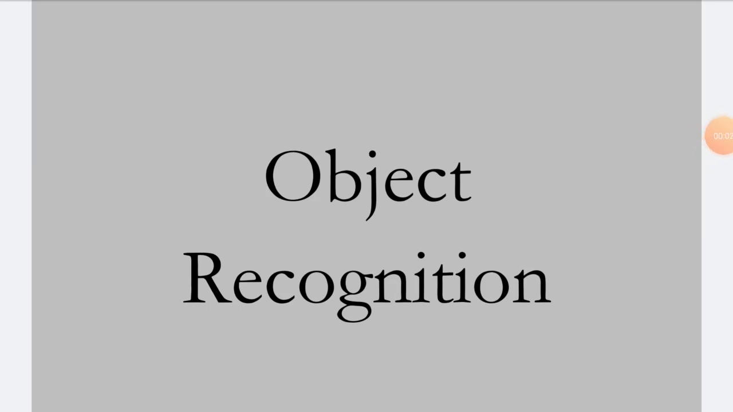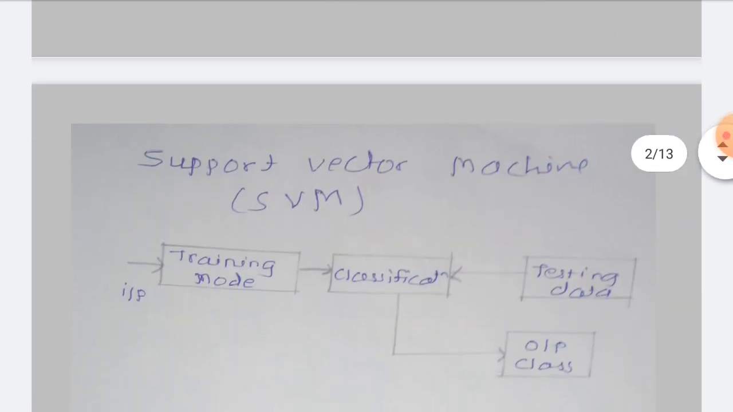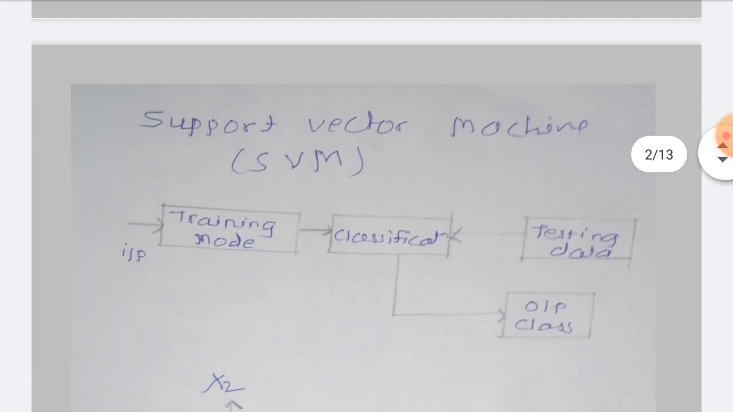In the last lecture, we have studied different types of learning: supervised learning, unsupervised learning, and reinforcement learning. In this lecture, we'll study support vector machine, that is SVM. SVM is a supervised learning model with an associated learning algorithm that analyzes data used for classification and regression